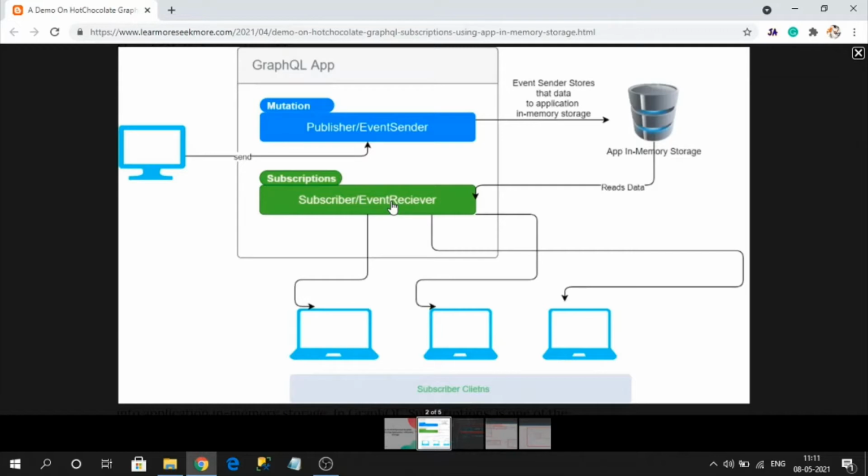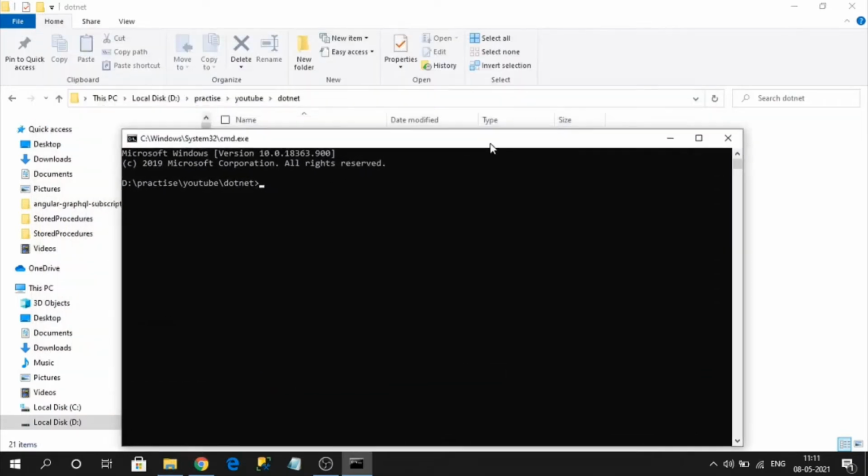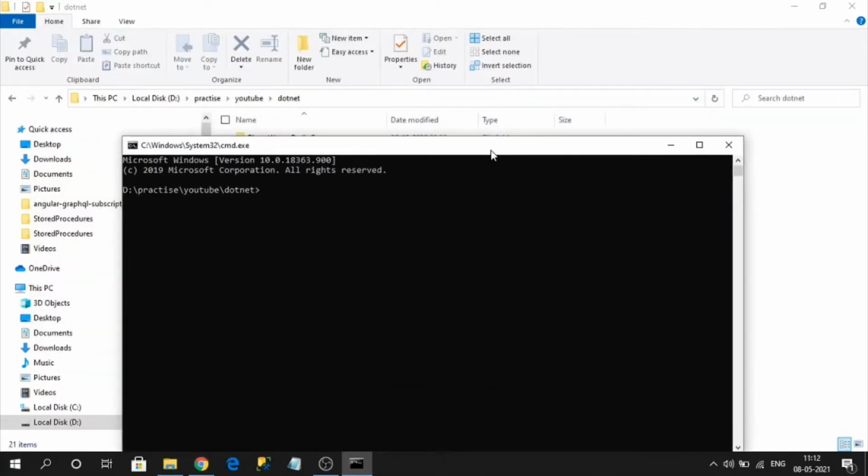Now we will create a sample application. Let's begin by creating a .NET Web API application. I am targeting .NET 5 and I am using the .NET CLI for creating the project. If you are a Visual Studio user, please make sure to have the latest version of 2019, because versions of Visual Studio below 16 won't build a .NET 5 application. So let me create a Web API application.